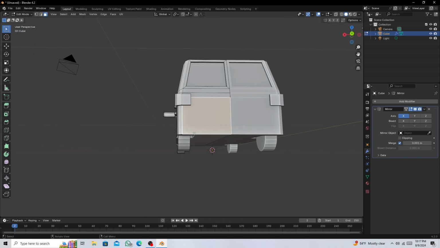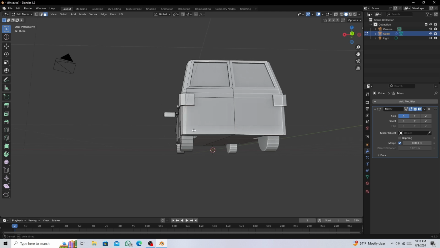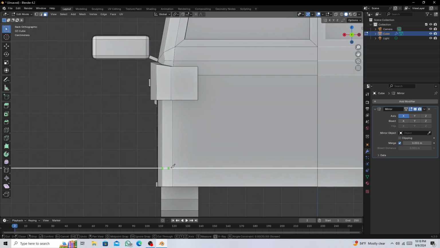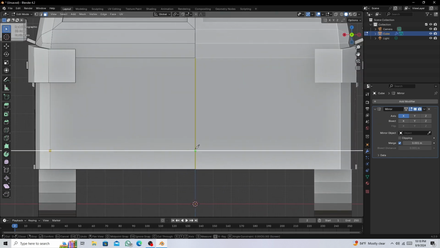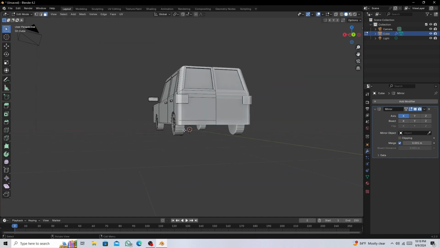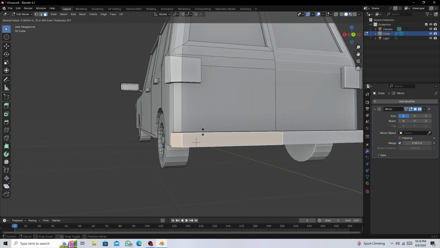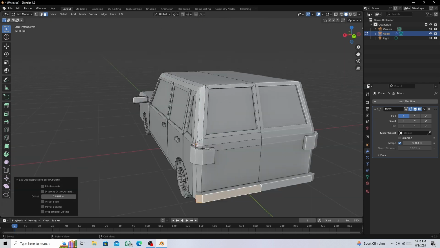Let's create the back bumper of the car. For this, press K and cut the part to create the bumper, like this. Now select both faces and press Alt+E and select the second option and extrude it a little bit. Now our low poly car is